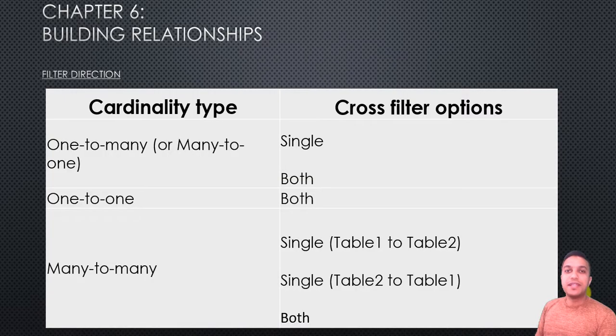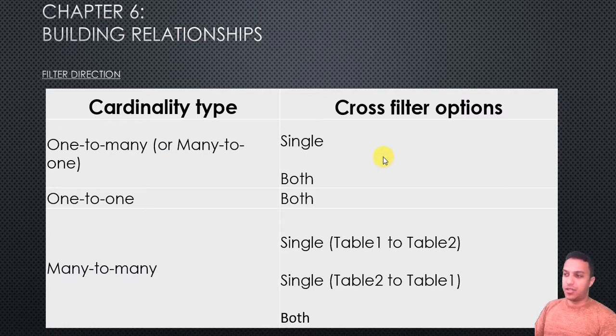When we create a relationship in Power BI, we need to choose the filtering direction for this relationship. The filtering direction depends on the type of the relationship we set. So, for example, if we have a one-to-many relationship between two tables, we can either choose to make the filtering